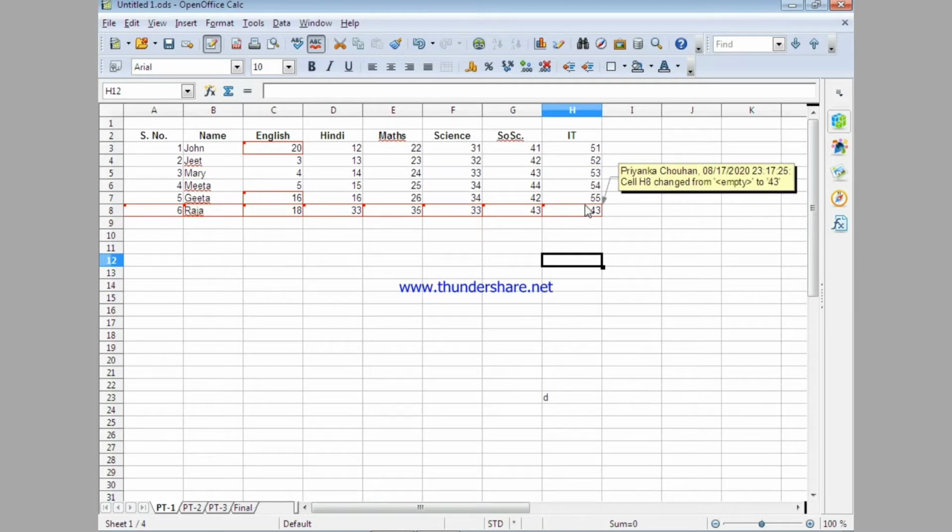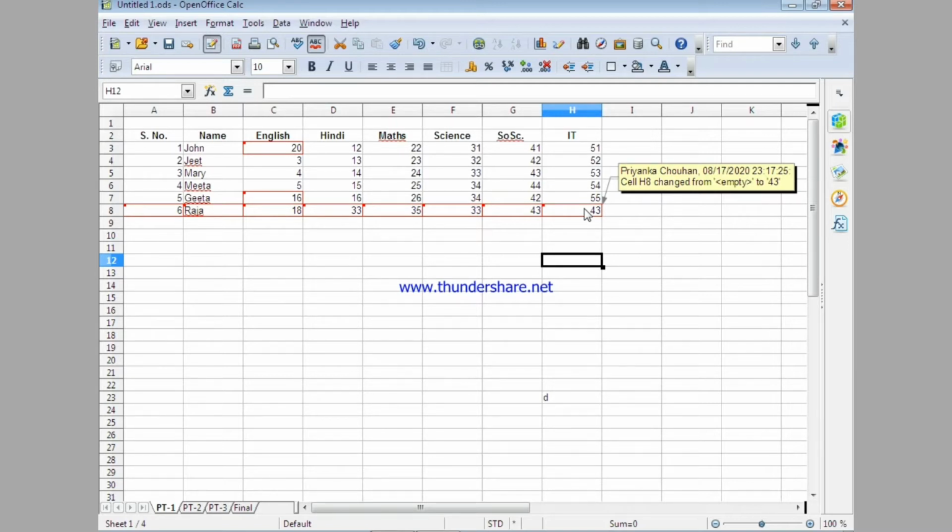When we hover our mouse over this, you can see a yellow comment in a small rectangle. This is the comment associated with this cell. This comment is by default recorded along with the change. So with every change that we make in this Excel sheet, a comment is added by default.